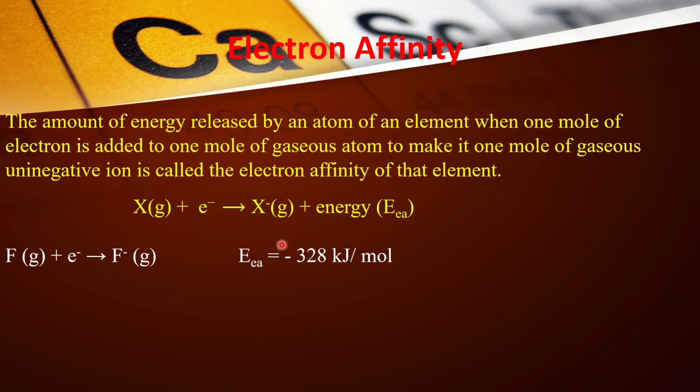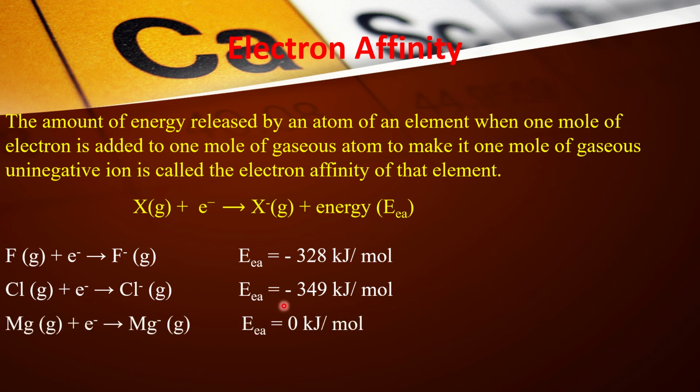But here this minus sign indicates that the energy is released by the atom, and the positive sign for ionization energy indicates that the energy is applied, energy is absorbed by the atom. When 1 electron is added to chlorine, chlorine becomes the uninegative ion Cl minus, and the electron affinity of chlorine is 349 kilojoule per mole. It is also minus because here energy is